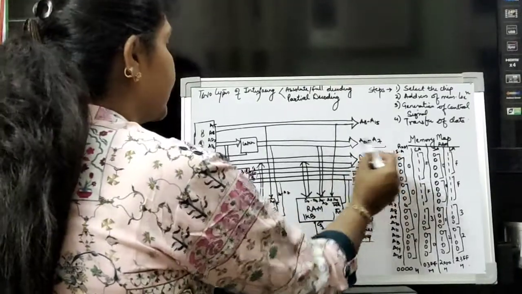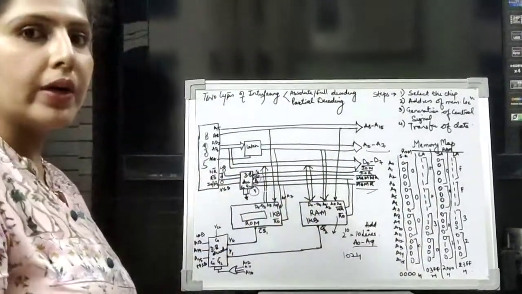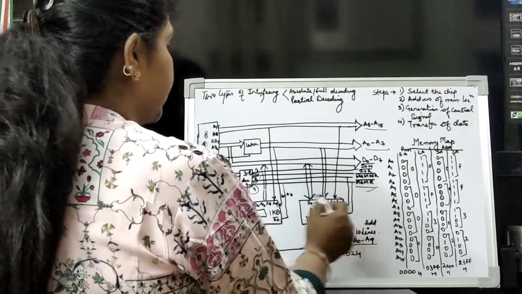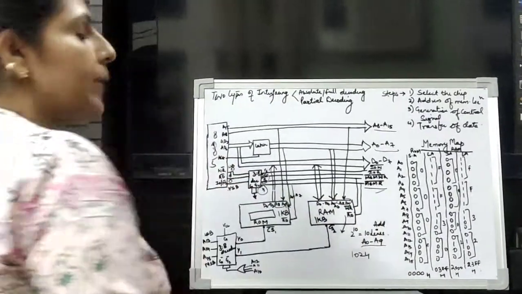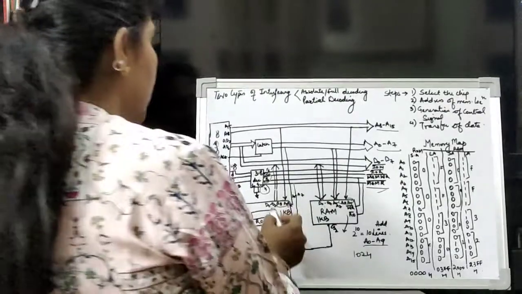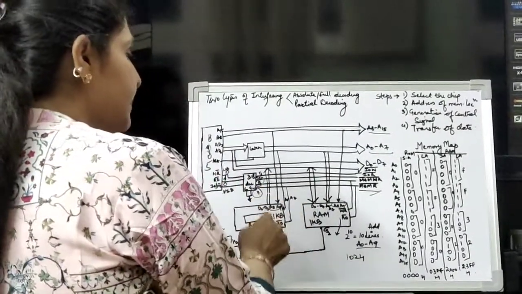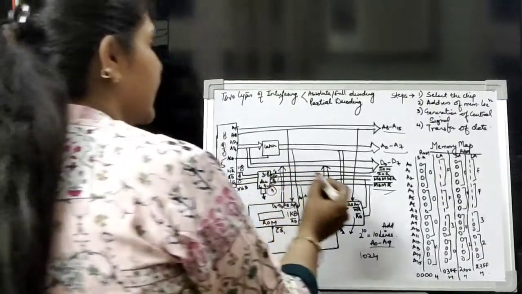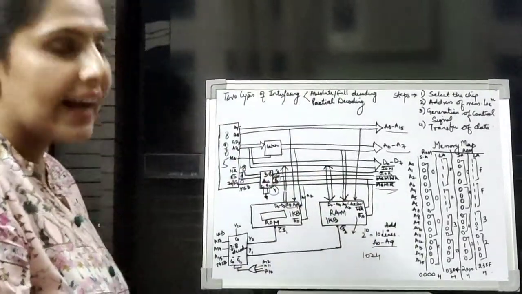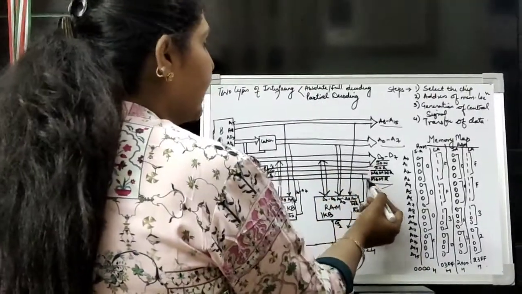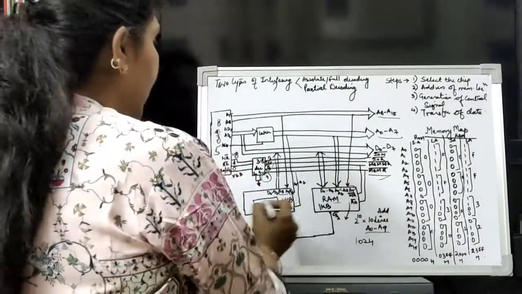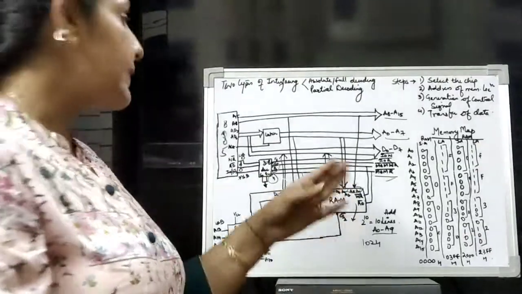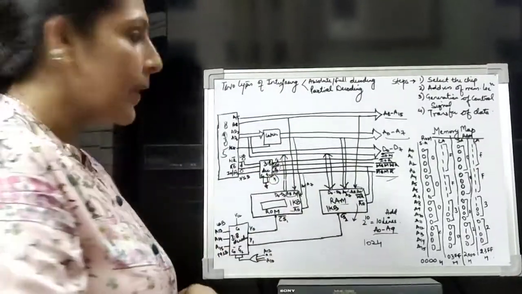So A0 to A7 come directly from the lower order address, and from the higher order A8 to A15 we take A8 and A9. So this A8 to A9 is here. So with the address bus and data bus, one more important thing is the read and write signals. Memory read and memory write are given to the RAM, and only the read signal is given to the ROM. So these are the signals for the buffers.